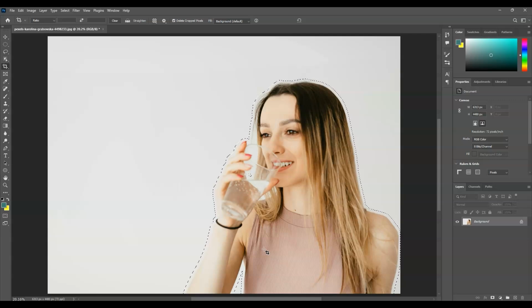So the next step we're going to do here is we're going to invert the selection. So to do that, with this selection, all I'm going to do is to press Ctrl plus Shift plus I. So I repeat, just press Ctrl plus Shift plus I to invert the selection. And there you go. So you will notice here the selection is no longer on the subject, but it's outside